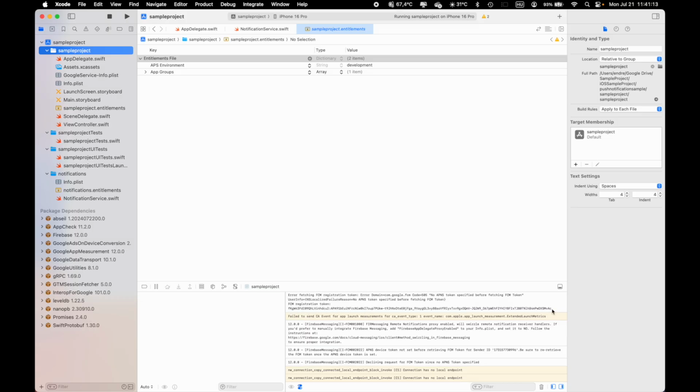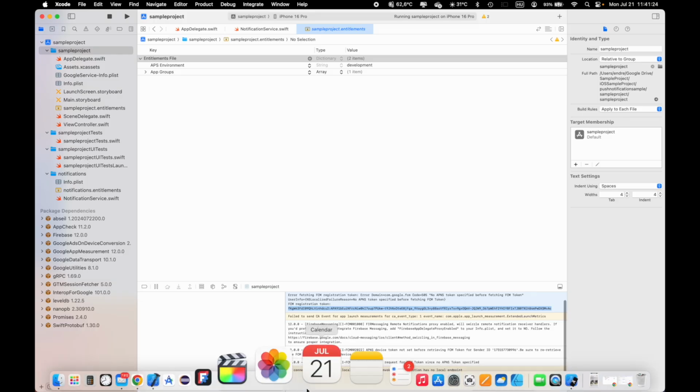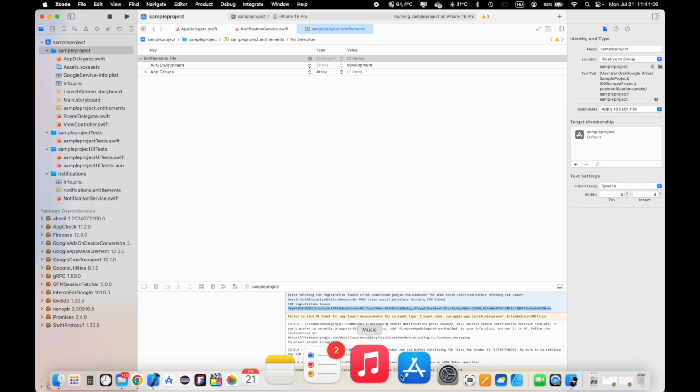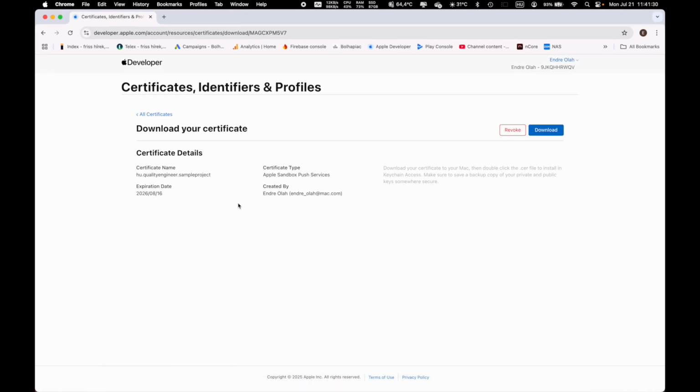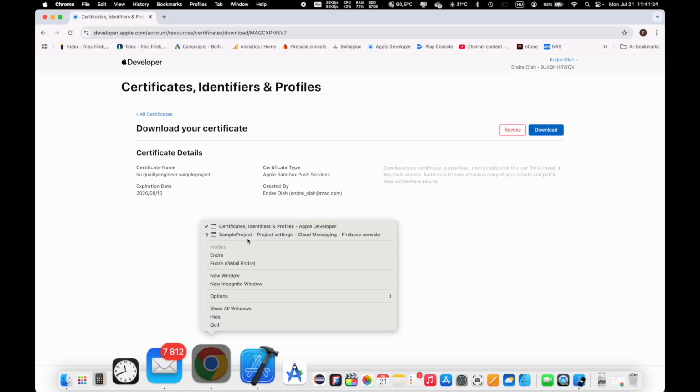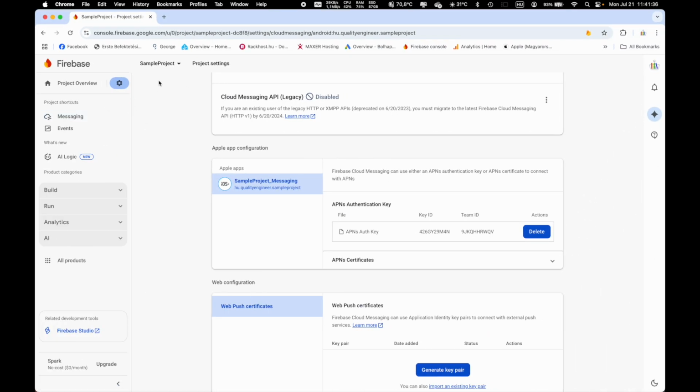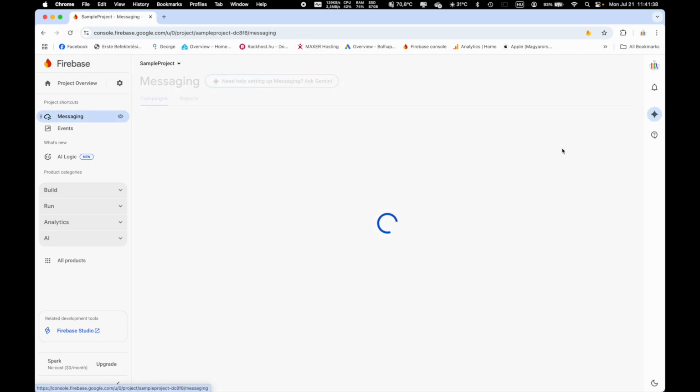This token is the one which identifies the application itself or the device itself. And if you want to send a message to this application, let's bring it into the foreground, and then let's go to the sample project, and here at the messaging,